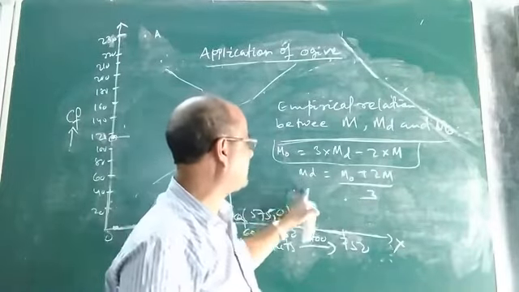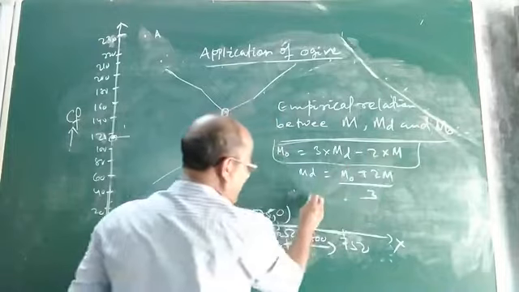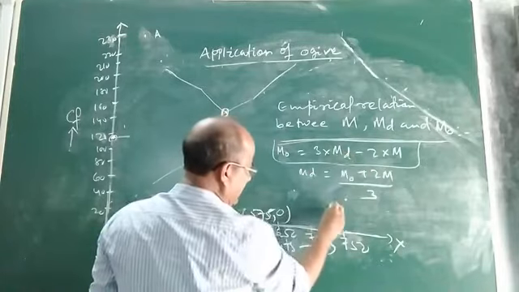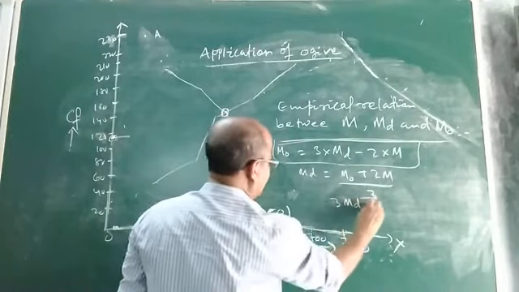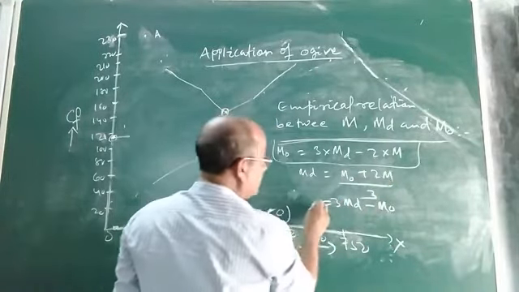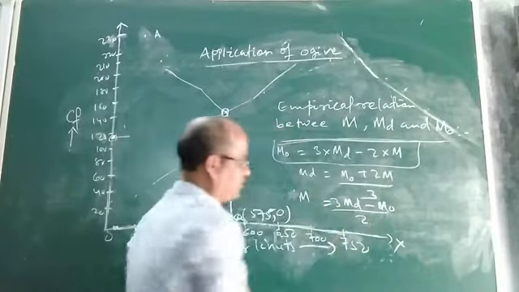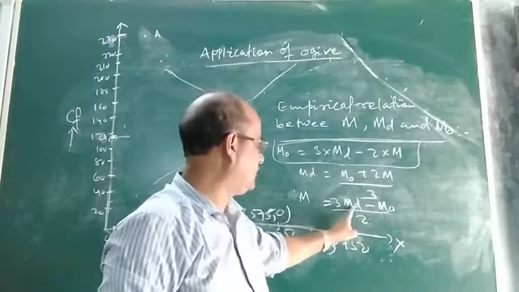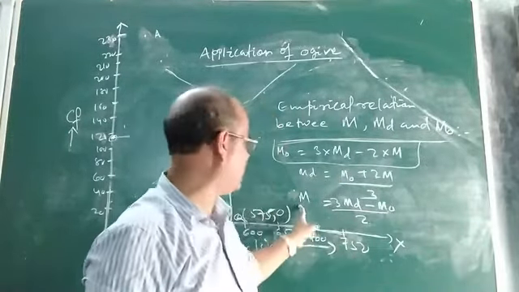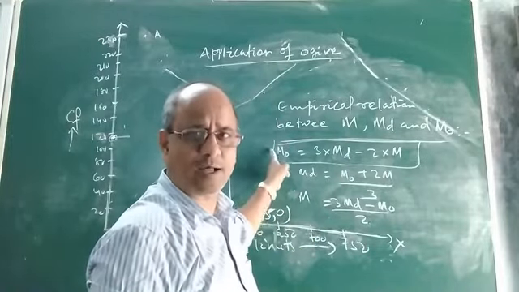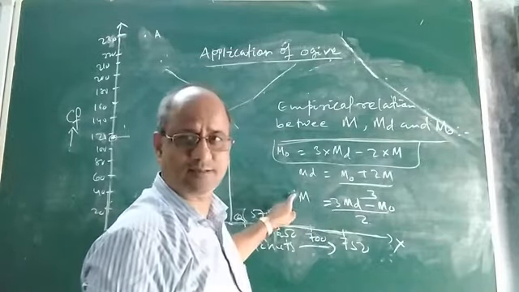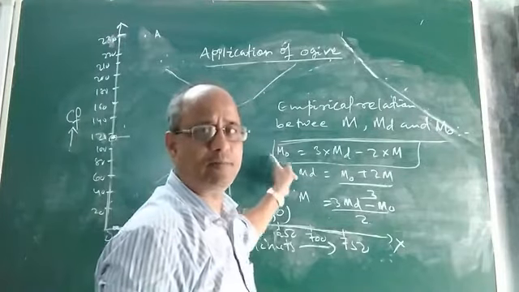In a similar manner, you can find the mean also. How to get the mean? If 2 mean comes to the left side, it will be positive. Then 3 median minus mode will be equal to 2 mean, so mean will be equal to 3 into median minus mode, divided by 2. If we remember one relation, the other two can be derived. These two relations can be derived from this relation, provided we remember the first relation.